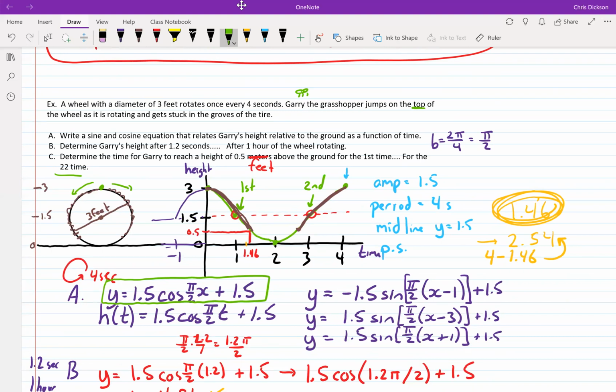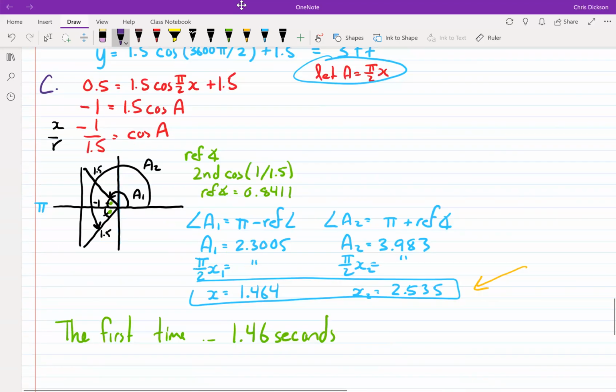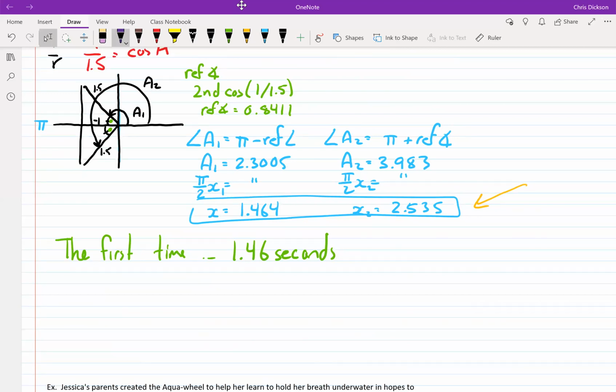So we're going to have to do a few more periods here, and I'm going to run out of room if I do this, because even if I just do one more period, this would be the third time, and over here that would be the fourth time. And so that would mean basically I have to add a bunch of periods here. So what I'm going to look at here is it says 22nd time, which would be an even number of periods. So it would have to be related to the second time. And of course, if I go over here, that would be the fourth time, and I have to add one period. So let's go down here, and I'm going to say for the second time, so for t2,